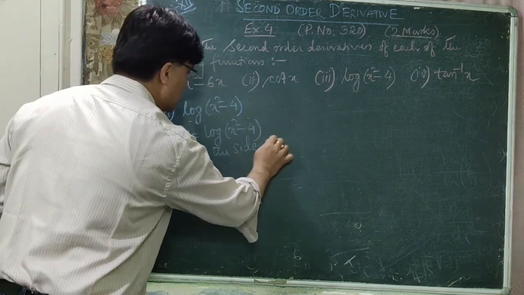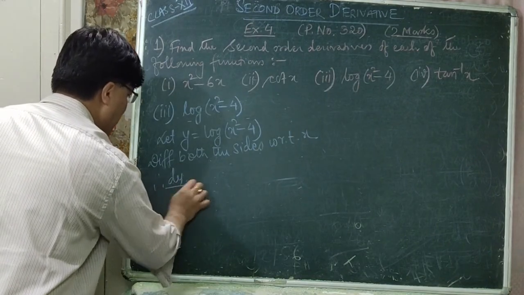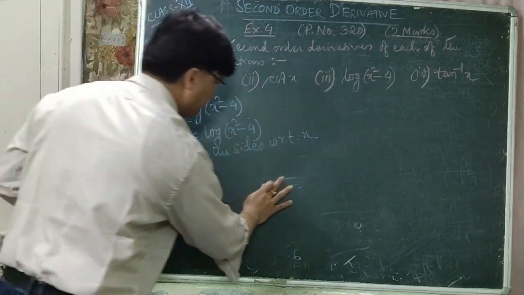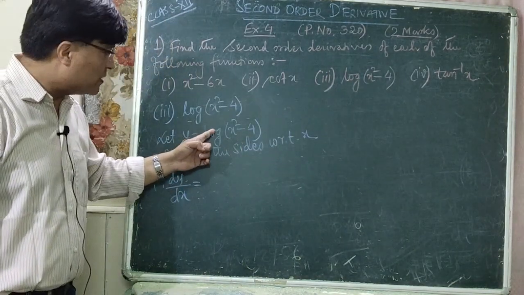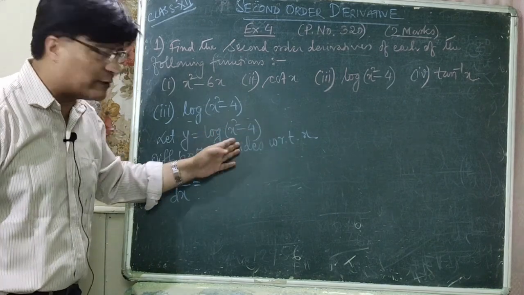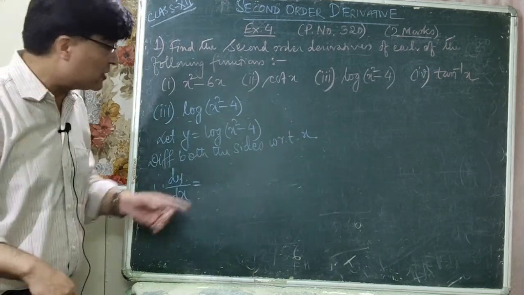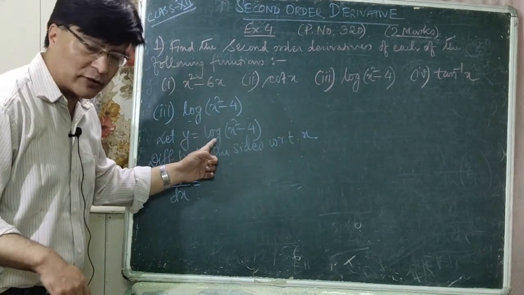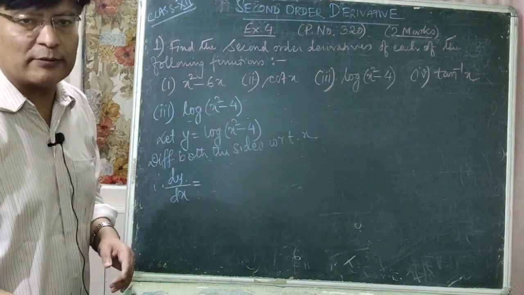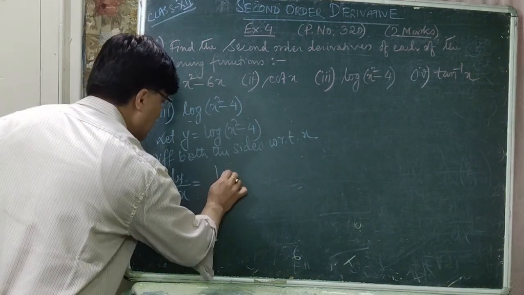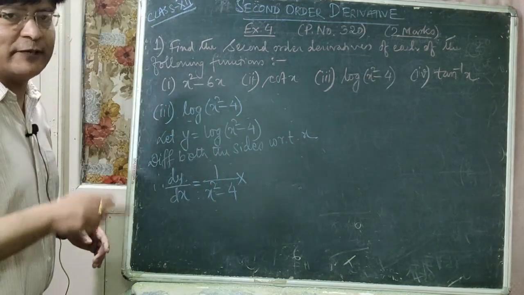Differentiating both the sides with respect to x, so dy by dx is equal to... you have to differentiate log x. It is a function, how do we differentiate this? You learned differentiation of functions in first order. This is also first, it is a logarithm function, then it is an algebraic function. What is the differentiation of log x? 1 upon x. But here, instead of x, it is x square minus 4, so again you have to differentiate the term